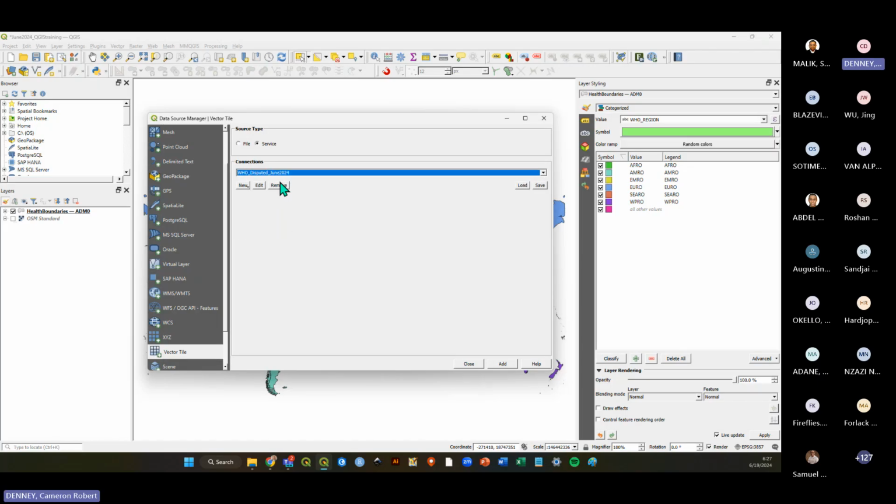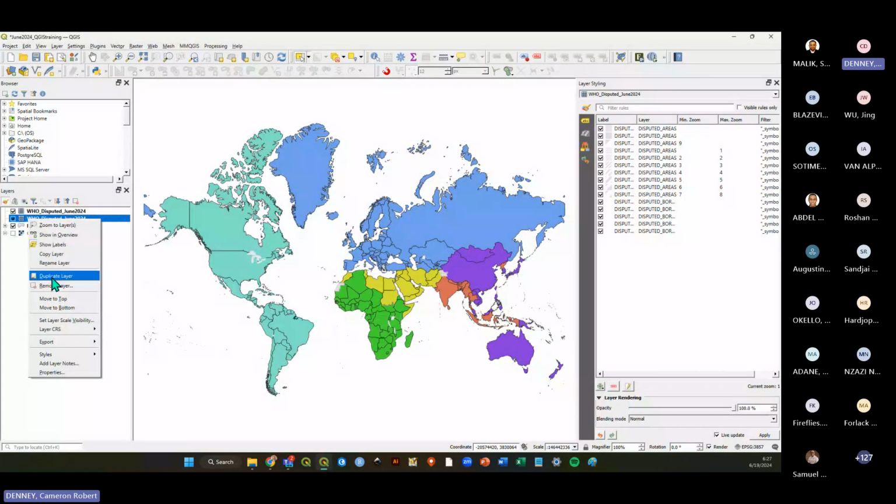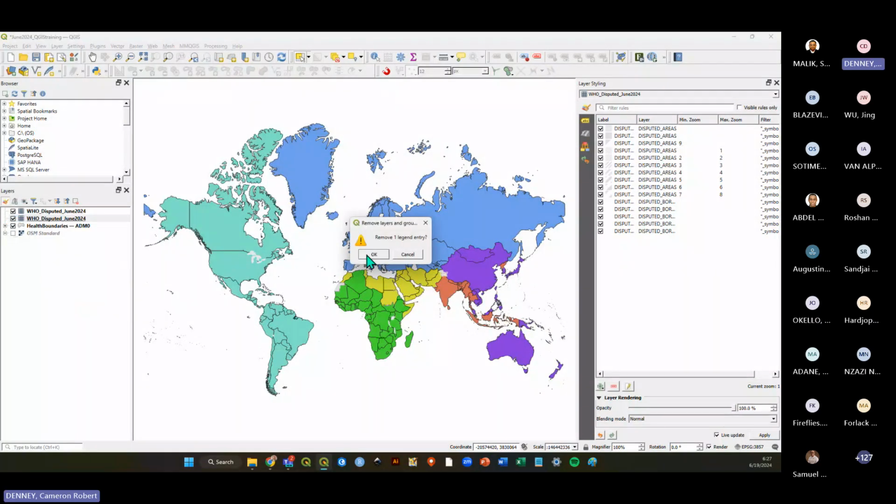So here I'll choose my June 2024 WHO disputed, and I'll say add. Oops, I added it twice. So I'll go through these steps one more time. But now you'll notice that we have this new layer